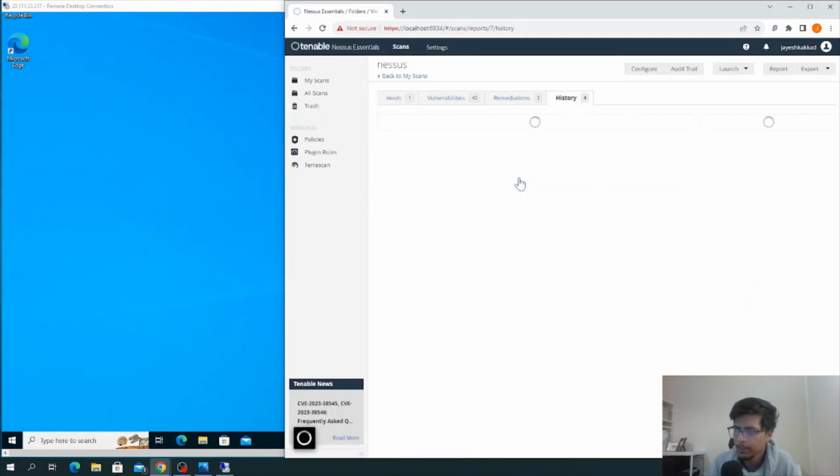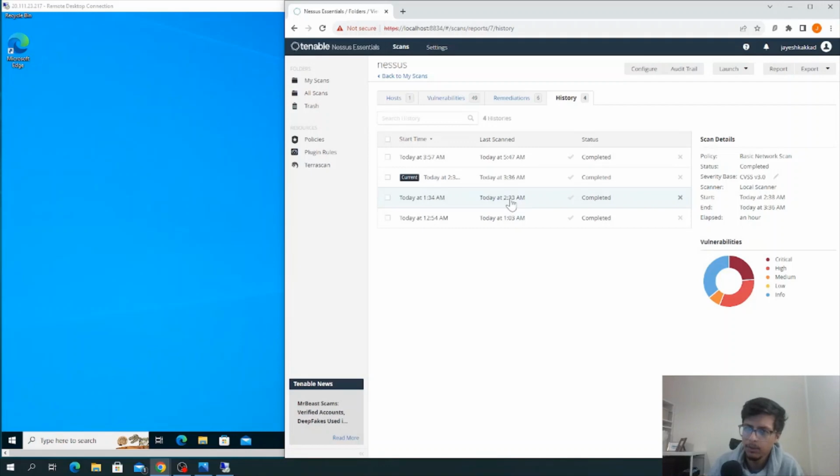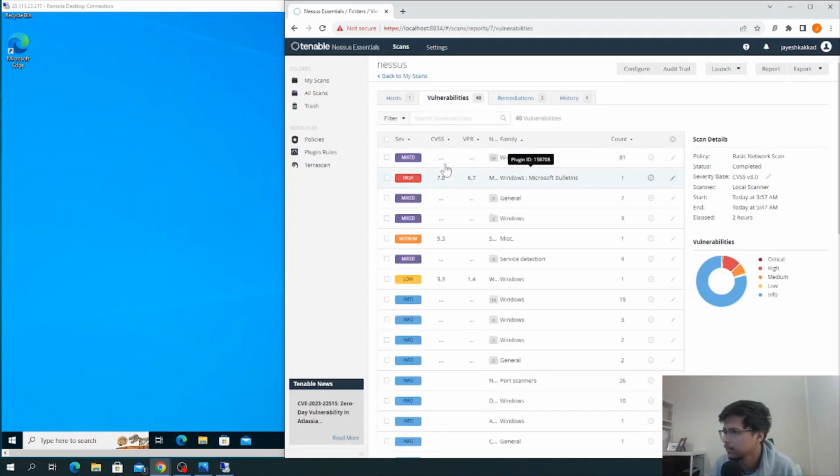Just jumping to the history, this was basically the old Firefox with the un-updated Windows, the one where Windows was also not updated, but when you see we had so many critical vulnerabilities, and then jumping in here, I'm pretty sure it's this SSL one. If we go and jump into the vulnerabilities,